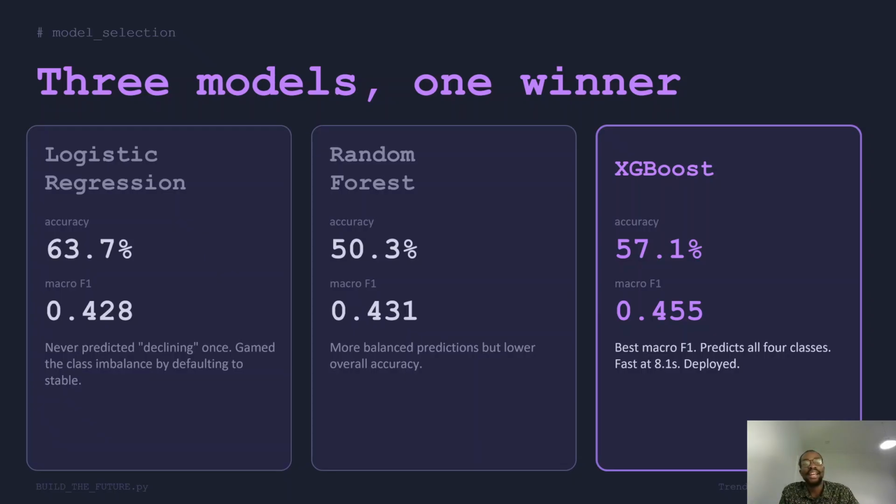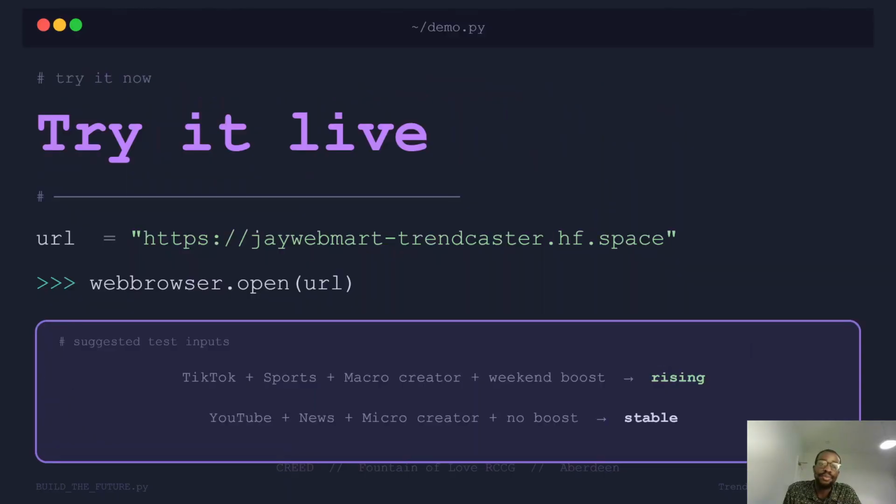The one with the highest accuracy was 63.7%, which is the logistic regression. I know at the back of your mind you're like, why are you not picking logistic regression? You are going to find out. Random forest had 50.3%. Remember I mentioned the baseline, which is the benchmark for the model to beat, which was 50.3%. And then XG Boost was 57.1%. That was why we picked the XG Boost.